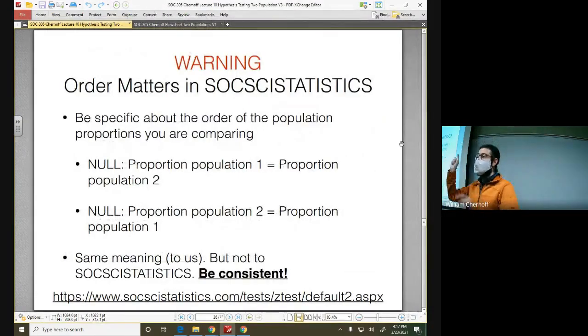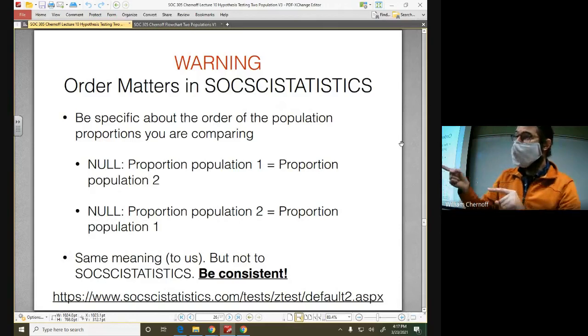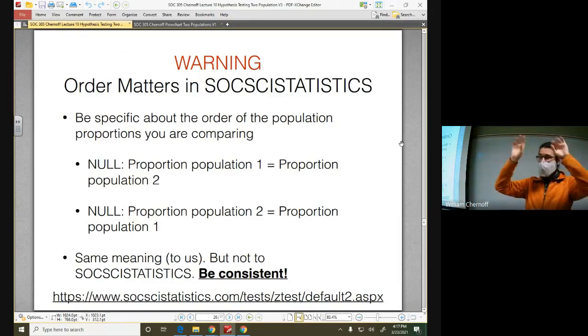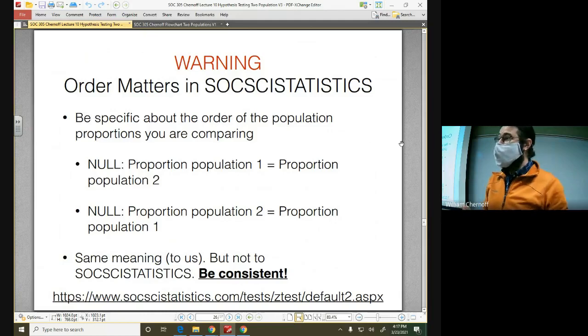So this website has the same caveat as SPSS. You're going to make a claim, and state your null and your alternative hypotheses. The way you organize what is population 1 and what is population 2, you need to make sure that you're clear about it and consistent about it. You need to be consistent not only in your hypotheses, but also in how you enter that information into this website. If you flip them around at any point, you're going to get results that are incorrect. You have to be cautious. So that's a phrase: never trust software.